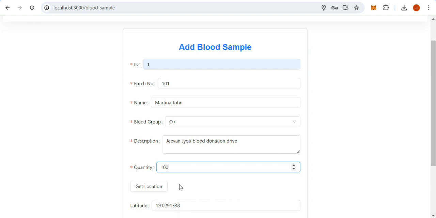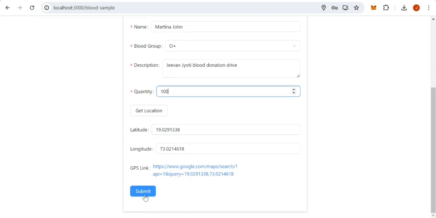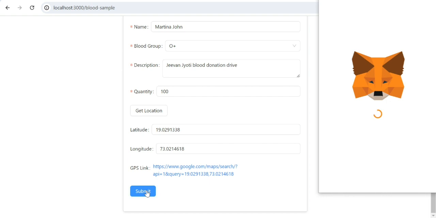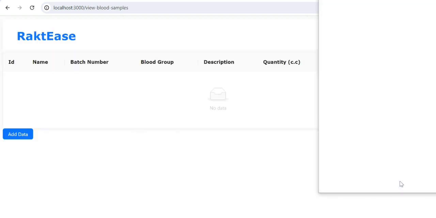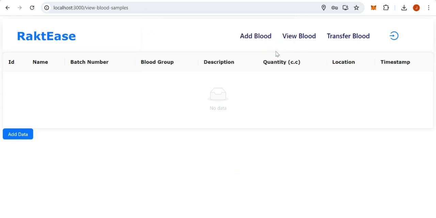Quantity is the ml. This is the latitude and longitude. So once we have added the blood samples,